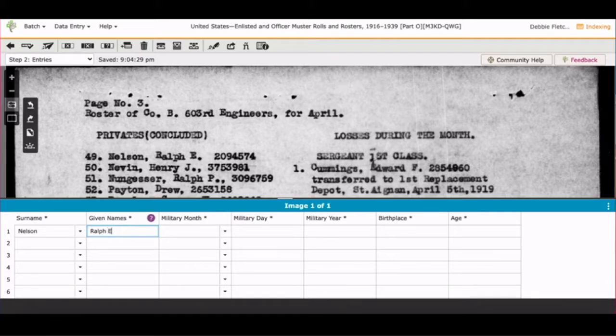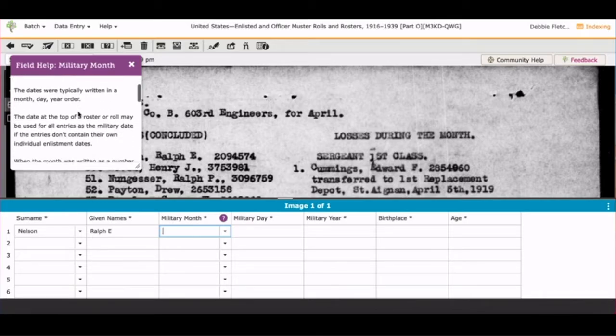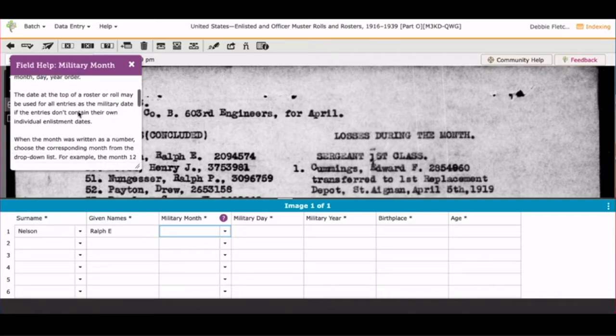Military month. Now, don't be alarmed. There is no military month given on here except for, okay, I lied. April is on there, so that's great for the military month, but you don't have anything else. So you're going to want to find out on another page if it says the actual date. Oh, and here's the little helper button. Look at that, Field Help, and that will tell you everything you want to know. So if you're in a column and you're not sure, go to that purple button,